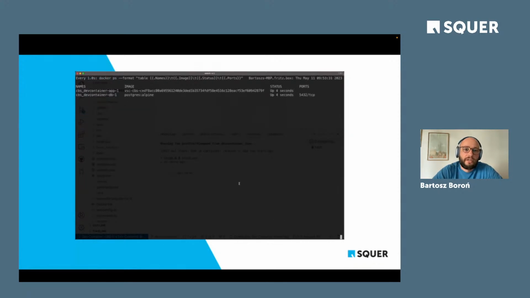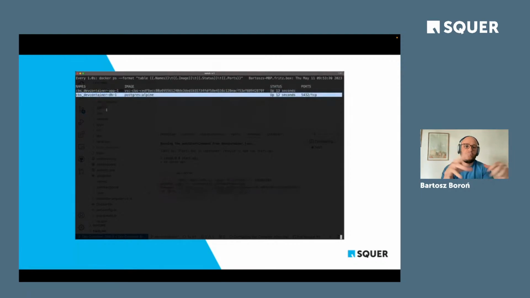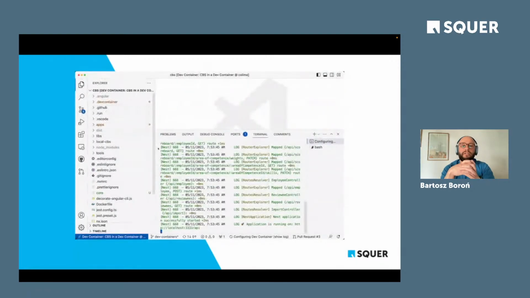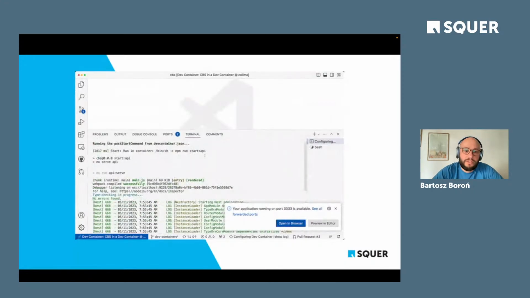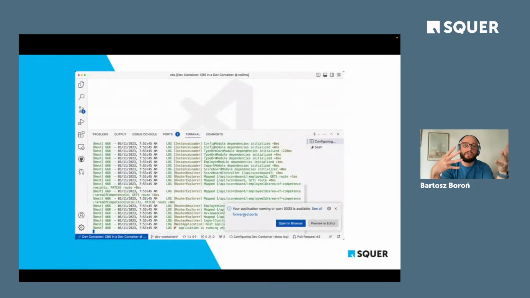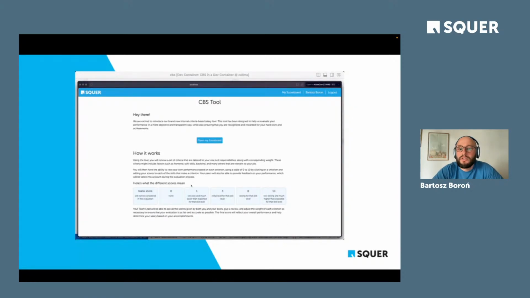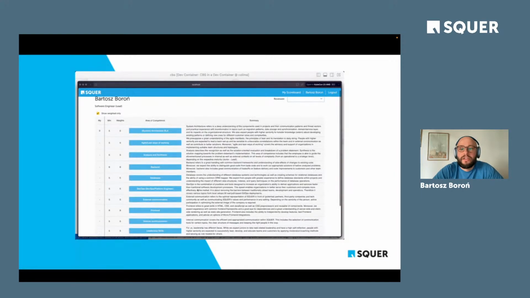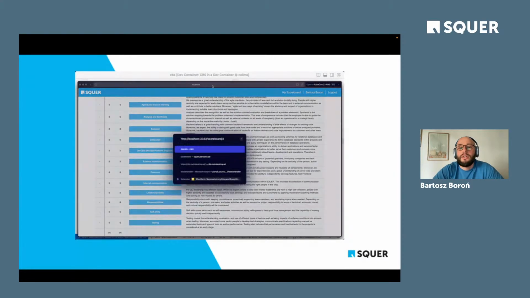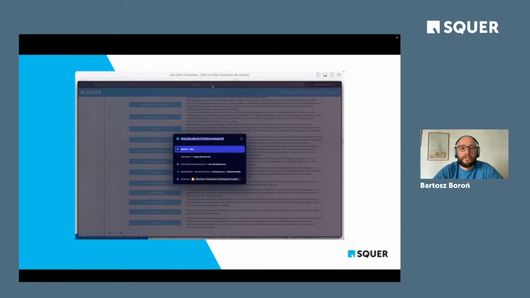And now in the terminal, if I look at my Docker containers, I would have two containers running. One main container having VS Code and the app, and also a database container for having a real database and data in it. VS Code would actually start not only the editor itself, but also the application in the background. Without any errors, there would be a port available, which I could just open in the browser, and the application is there, up and running, everything working, no errors, no configuring, no finding out what data I need.